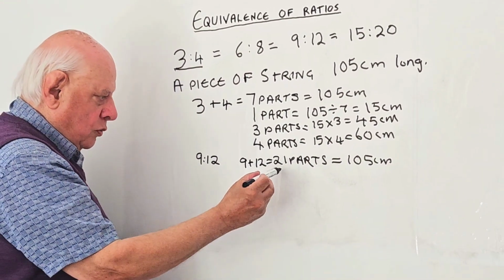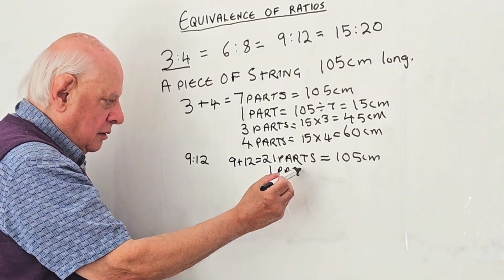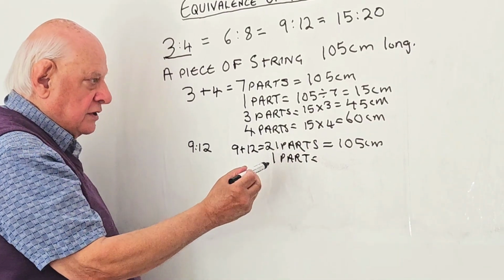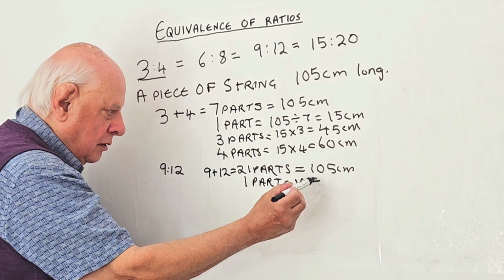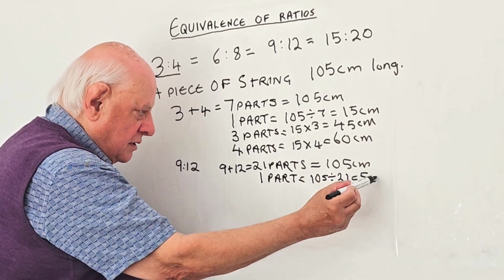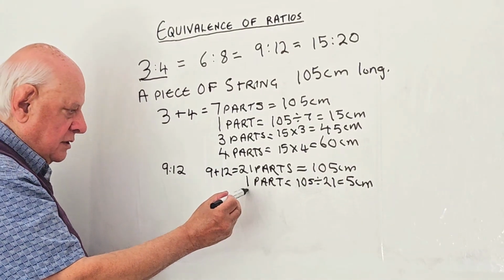So that means 1 part equals 105 divided by 21, which equals 5 centimeters, which means now that 9 parts